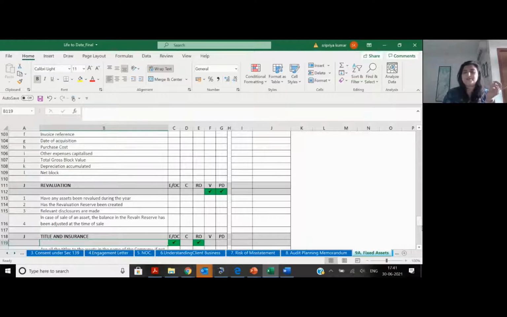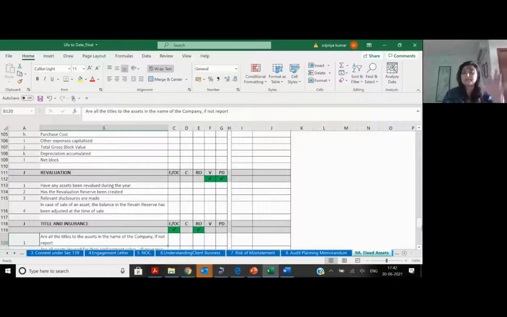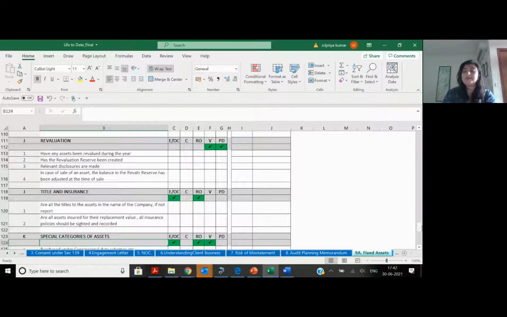Revaluation, there is also a reference in Schedule 3. So progressively also it's going to happen. And in the next incoming Schedule 3, they are saying if it's more than 10% for each category, whether such valuation has been carried out by a registered valuer. But this is for now, you have to handle the revaluation, title and insurance. So normally what happens is any control weakness, which is not material, you give a separate letter to the client called an ML, a management letter. That's not a management representation letter. You say during the course of our statutory audit, we have come across all these issues. Please take care. These are all control issues.